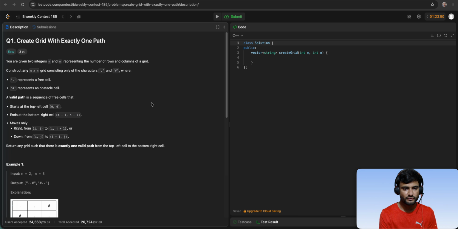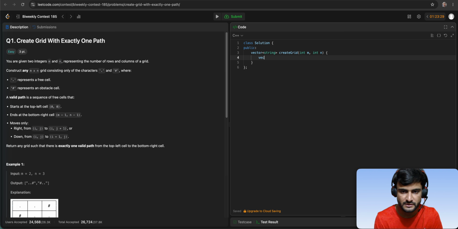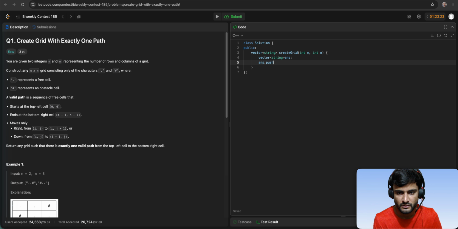What we can do is just mark the topmost row all dots and just mark the rightmost column all dots. Then you will have only one valid path, that is the topmost row then the rightmost column, right? So let's implement it. Let's create a vector of strings for storing the grid, and first let's